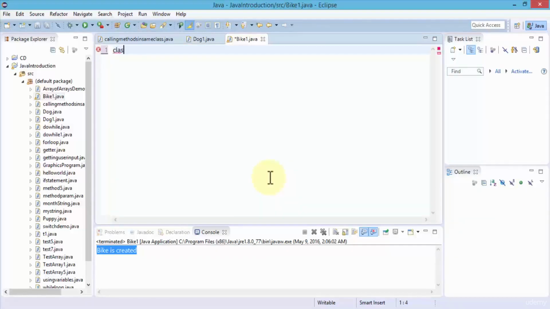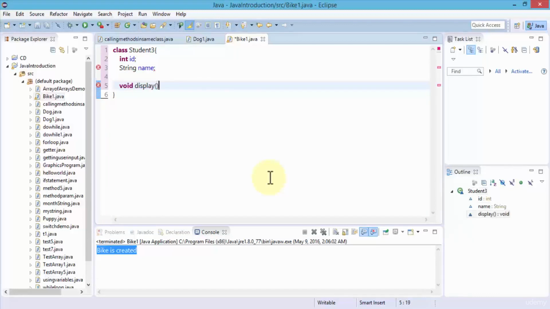Start with a class. Let's call it student3. Open up our curly braces. Specify int id, semicolon, and then String name, semicolon. Then I'm going to use the void display and then our curly braces,